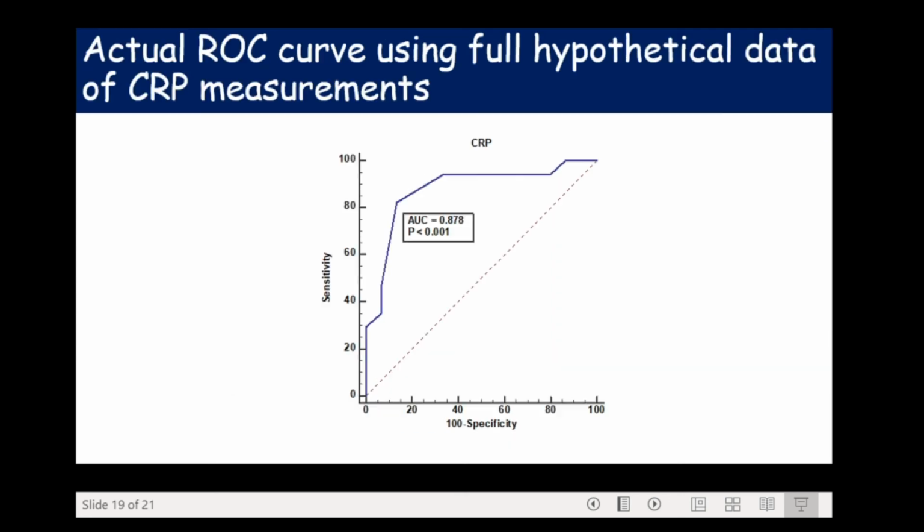So the ROC curve is a graphical plot used to represent the performance of a test over a range of threshold settings. That is, the curve shows the impact on sensitivity and specificity of varying the threshold for which a test result is labeled as positive rather than negative. The ROC curve plots the test sensitivity as a function of the false positive rate, that's 100 minus specificity. The ROC curve is a single measure independent of the prevalence and hence is referred to as a global and unconditional measure.